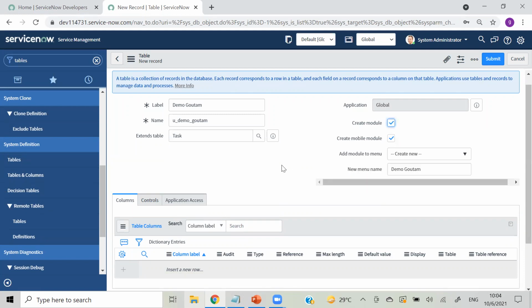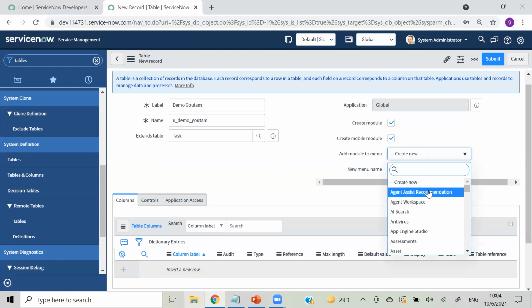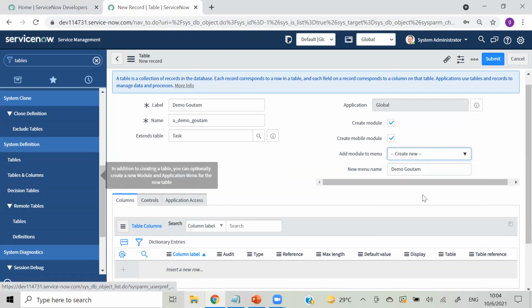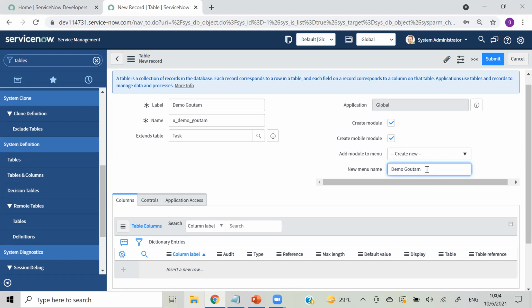If you don't want, just remove that tick and create your table. For now I am keeping this as it is, and I am not selecting any of the existing application menus. I am creating with Gautam, demo Gautam, and under that we will have this table.